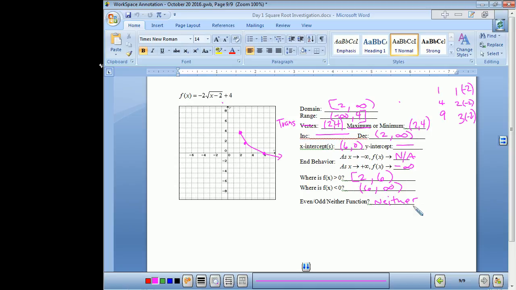Alright, so your homework is the front only of that second worksheet you picked up today. Does not have graphs on it? It doesn't because there is no equal to right here. Those are just where the function is positive or negative. Huh? How come the 2 didn't? Because that is your endpoint. Okay, so the endpoint will